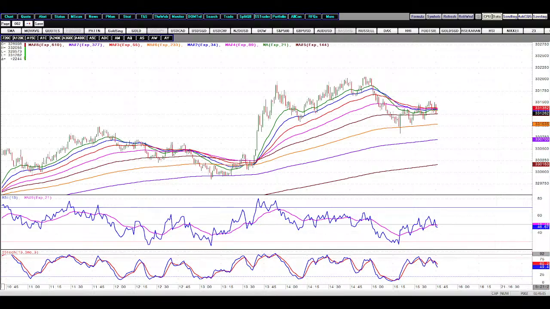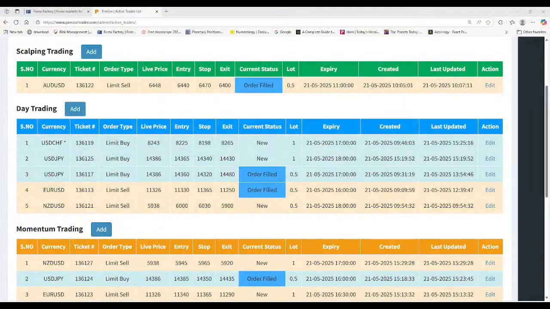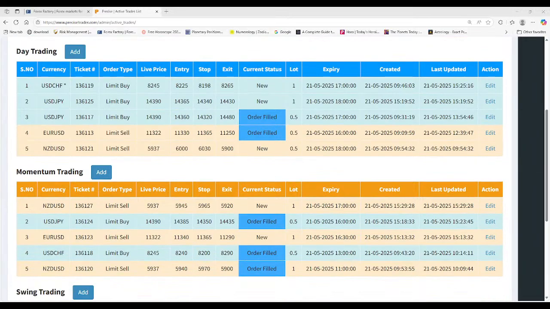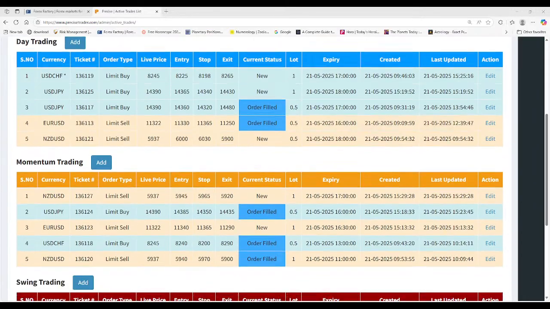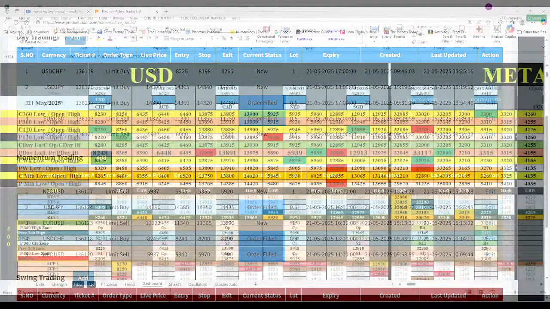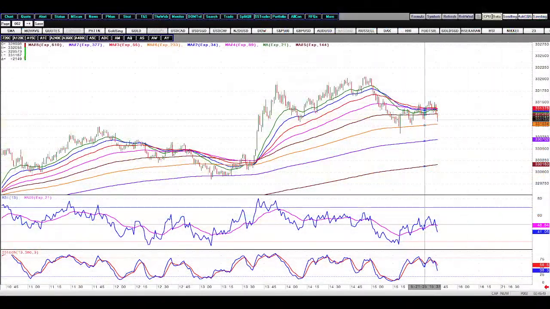Okay, so now let's get down to business. So we are holding Aussie sell, Euro sell, New Zealand sell, dollar Swiss buy. So it's about six trades all in all. We are also in gold. We have sold at 14 half. So we are strictly in business.